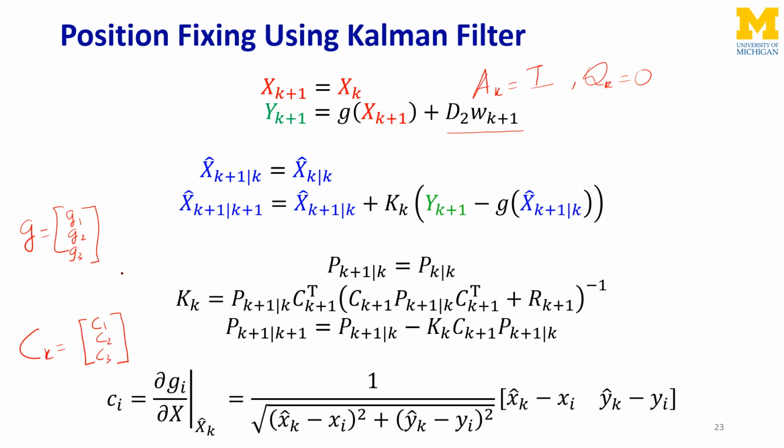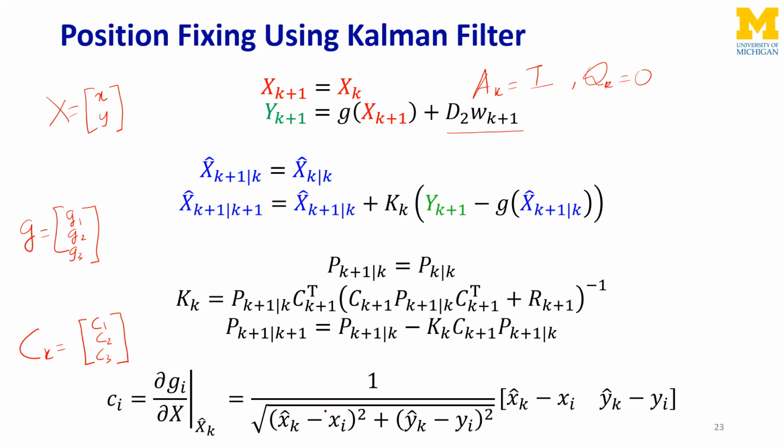So we take the gradient of each of these functions with respect to the state. State is big X. Big X has the variables X and Y. So I'm going to take the derivative with respect to X and Y, and then I'm going to stack them up in a row vector. And this equation is going to give me the CK matrix that I'm looking for,